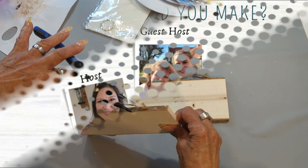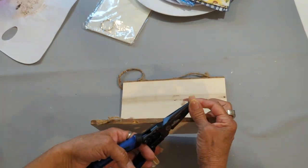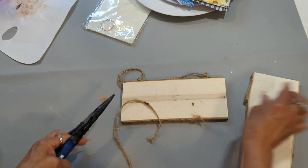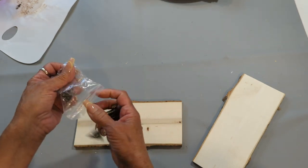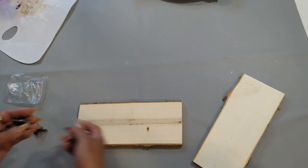I have these 2 beautiful wood planks from Dollar Tree. I thought I was going to use both of them, but in the end I decided to only use one. In the meantime, I'm going to remove this jute twine from here. I purchased these vintage brass corner feet from Temu, and they were 4 for $1.48. I thought that was great, so